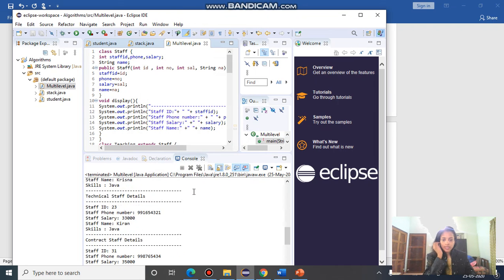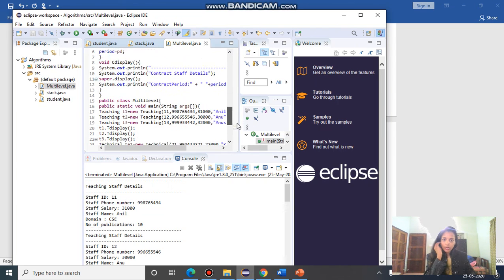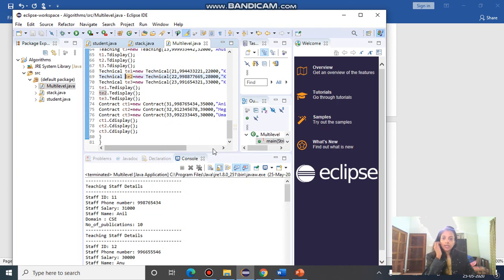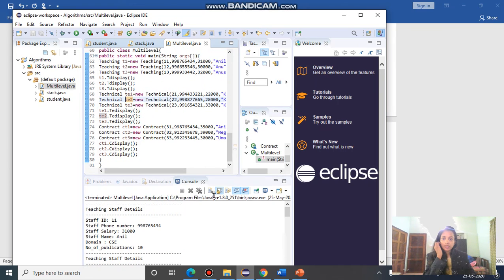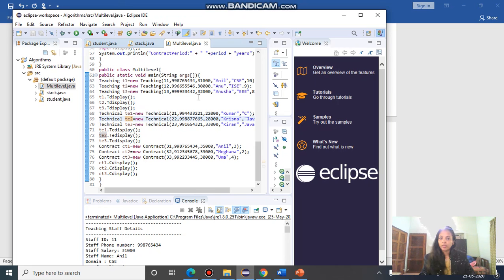When you click on run, you can see here the details. See, teaching staff details. Staff ID was what? 11. See, I'll tell you how we got 11. 11 is the thing that we passed from here. See, this is 11 and this is the phone number. This is a phone number. 31,000 annual CSE